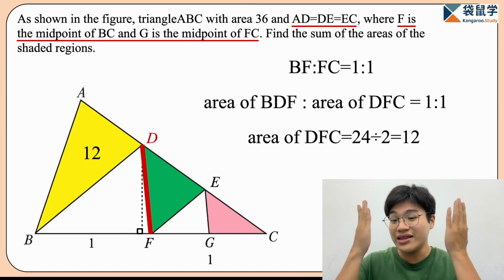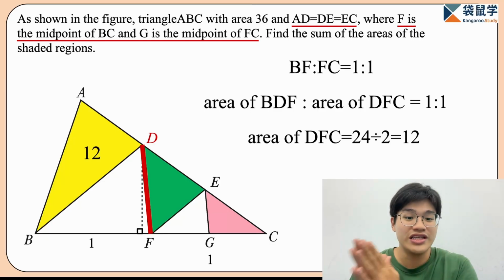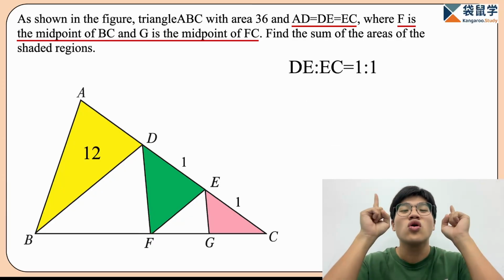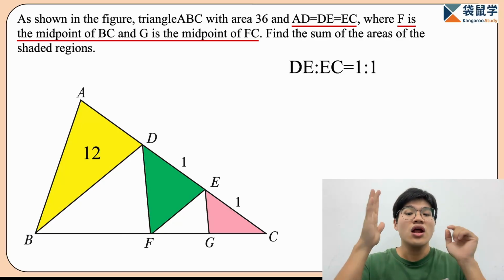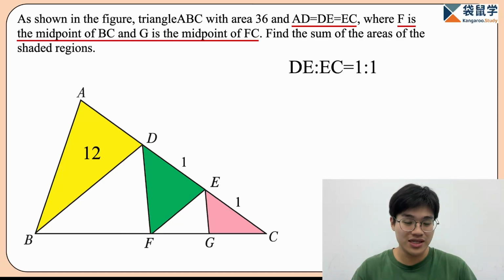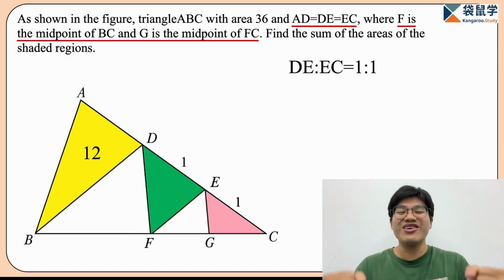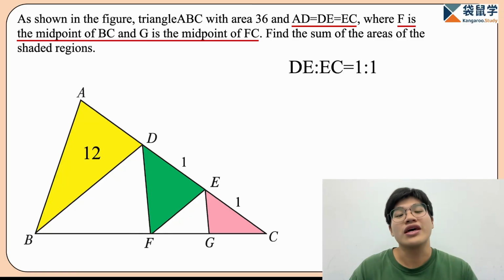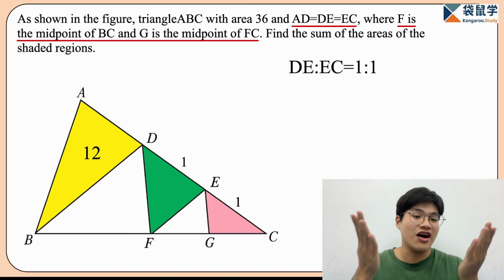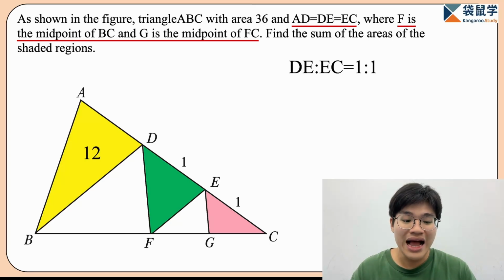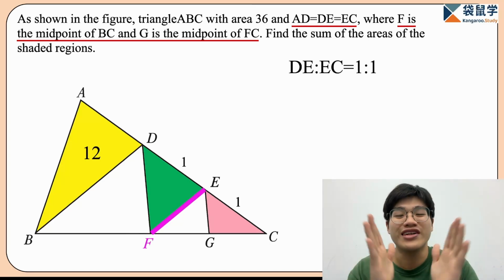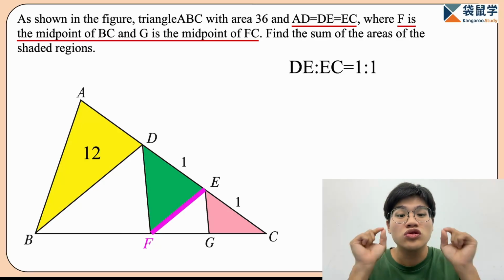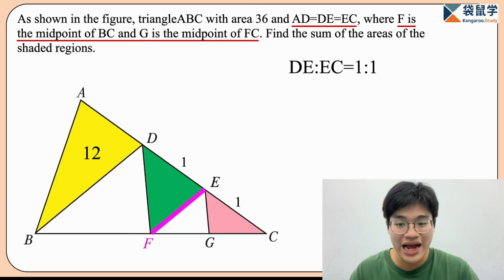Now with knowing that the area of triangle DFC equals 12 and the ratio between DE and EC equals 1:1, then what can we do next here? We can build the equal height model again. Now let's build the equal height model. Which vertex should we cut from here? We should cut from the vertex F. After cutting from the vertex F, we can divide it into 2 triangles. That is the triangle